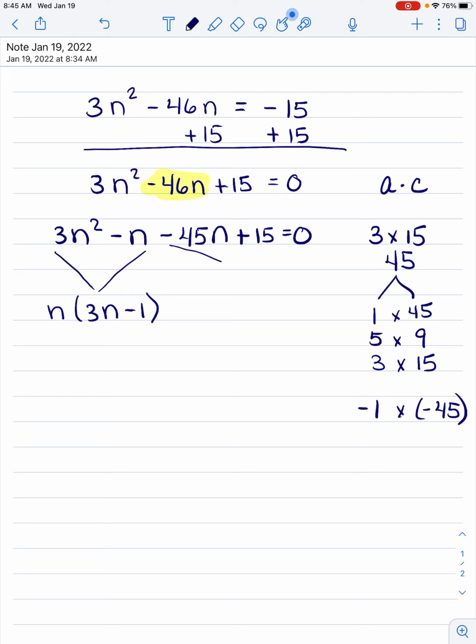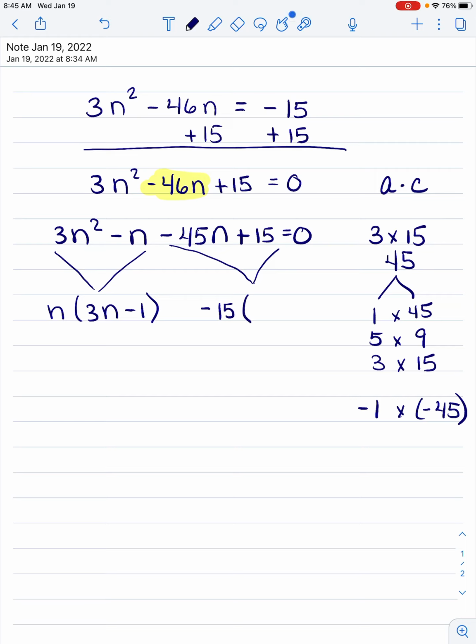And then when I factor this second pair of terms, the greatest common factor is going to be 15. I'm going to make it be negative 15 because, well, we'll see in a minute. So negative 15